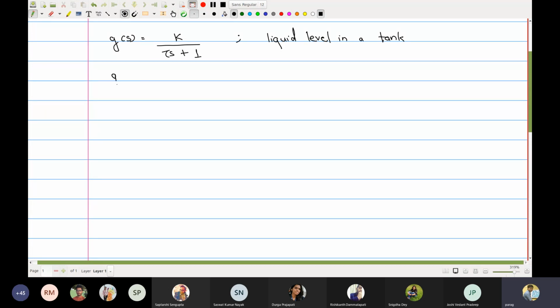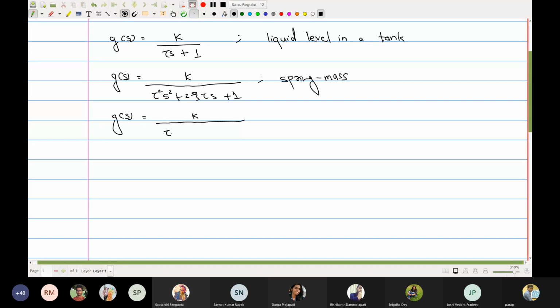Then we had a transfer function G of s, which was K upon tau squared s squared plus 2 zeta tau s plus 1. And an example would be a spring mass system. We had another transfer function of the form G of s equals K by tau 1 s plus 1